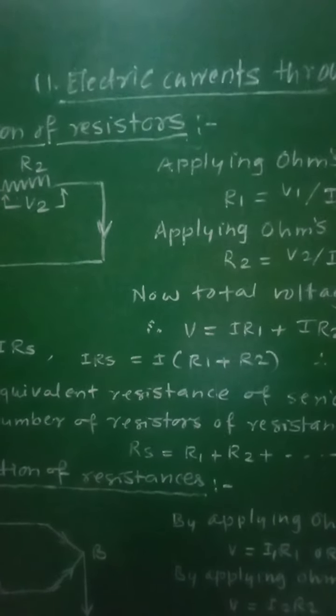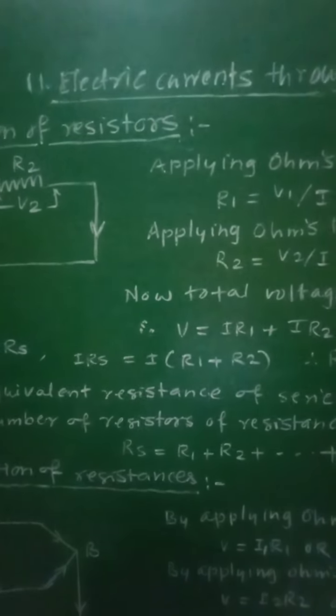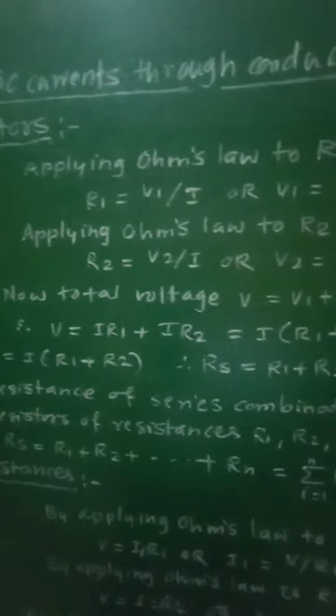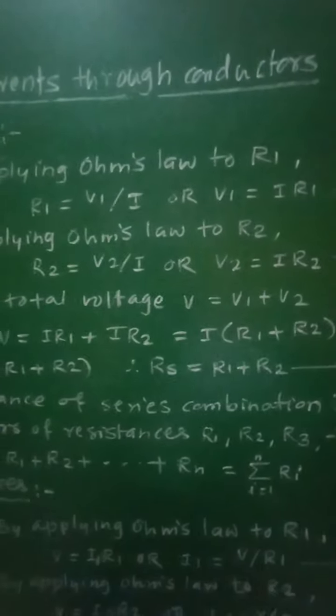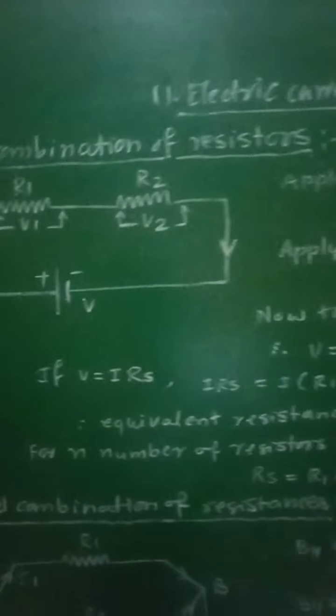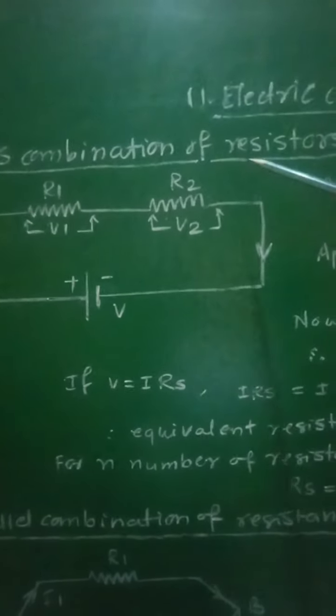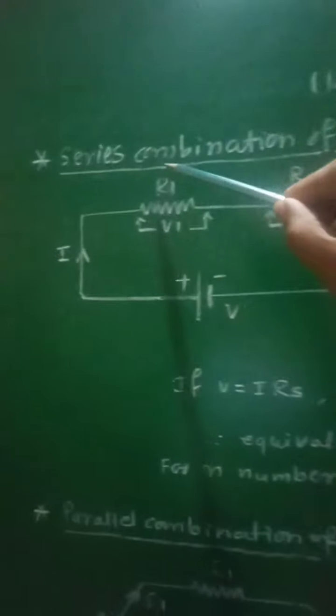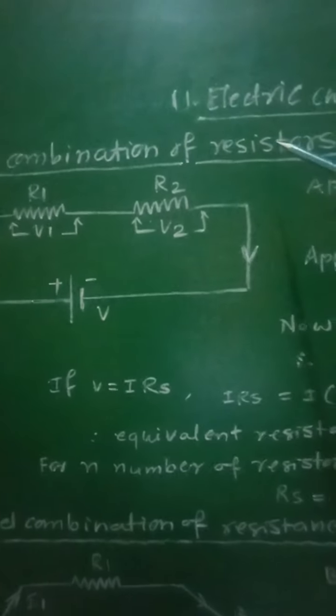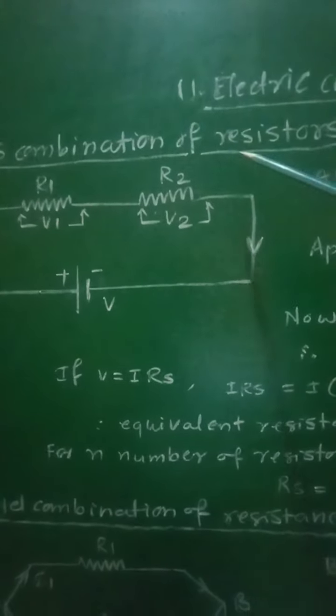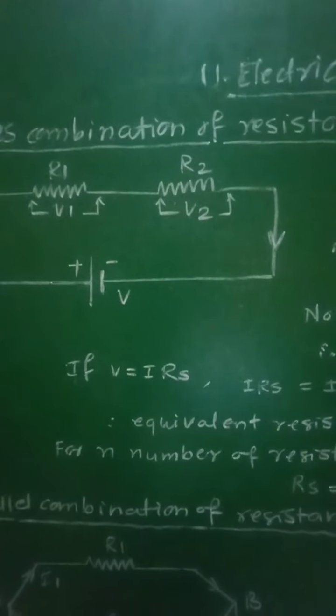Class 11th, Subject Physics, 11th chapter, Electric Currents through Conductors. From the chapter, let us see the series combination of resistors. In series combination, the resistors